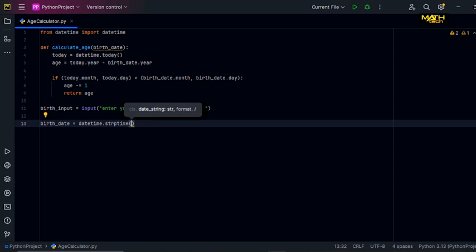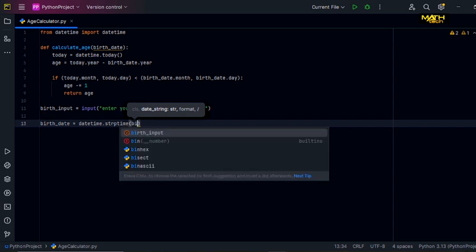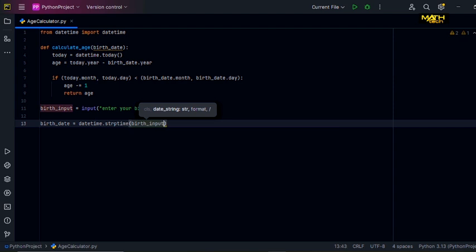Inside this bracket I will then have to put the birth input, which is the variable I declared for entering the user's choice of birth year, month, and date. So I'll use this syntax here, and I'll say percentage